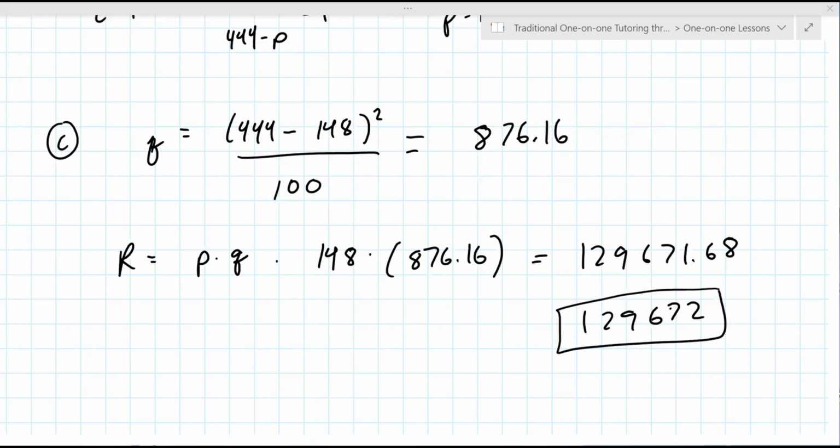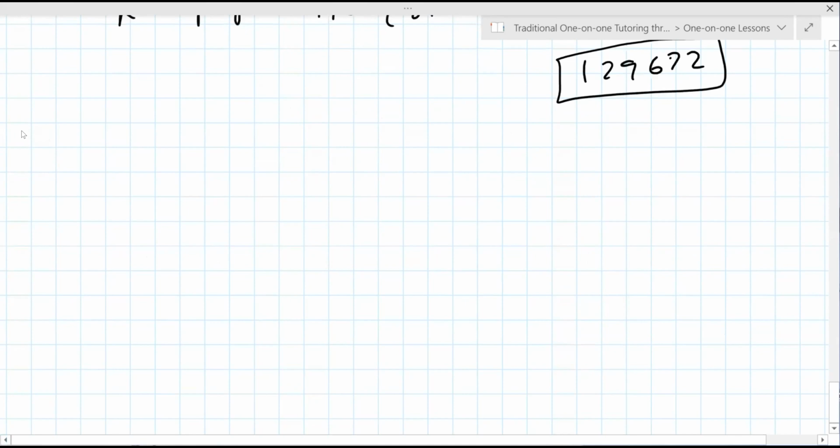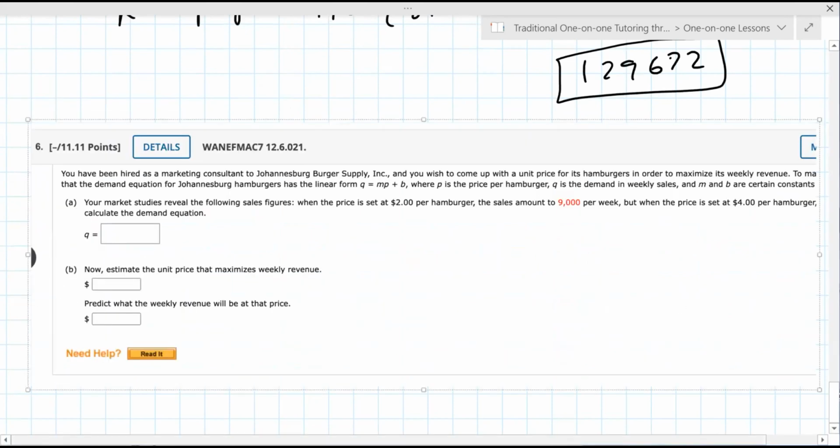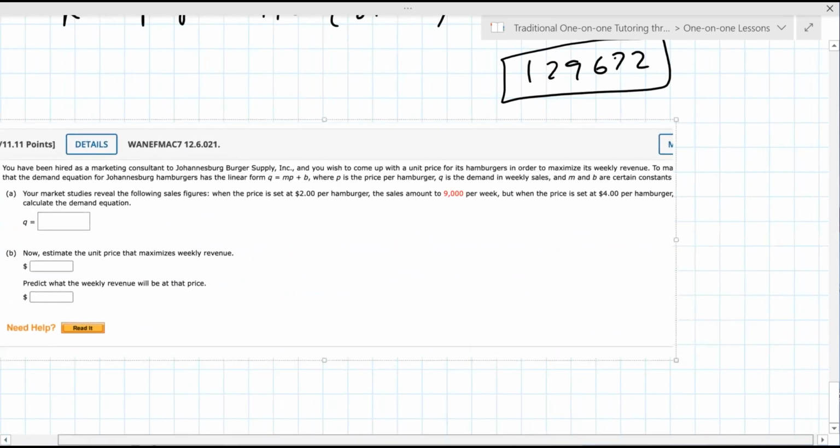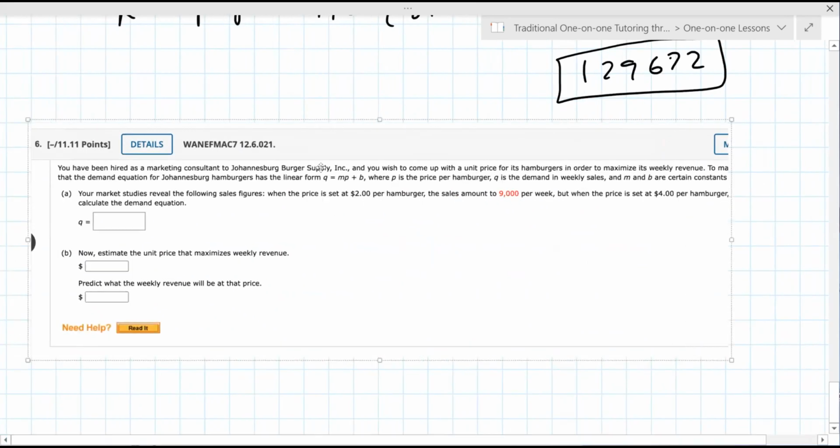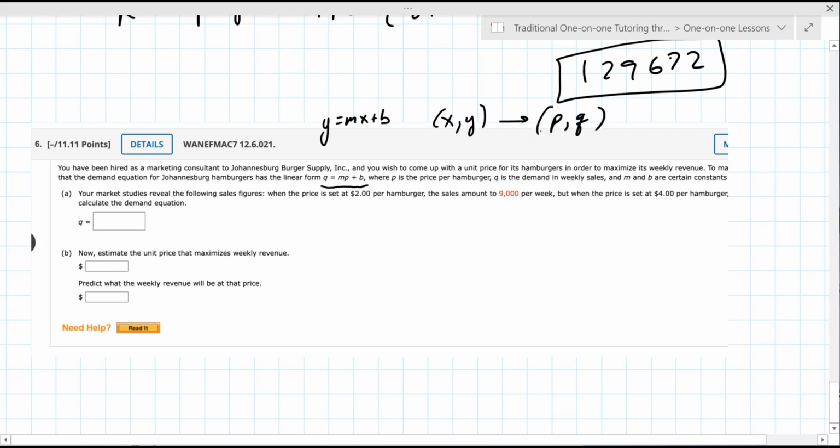All right, so here is 6. So this time they don't give you the equation for anything. They just give you information. They tell you that you can read all this if you want, but there's an equation of a line, y equals mx plus b. So you're used to x and y being the ordered pair, but now it's p comma q. So what you want to do is determine